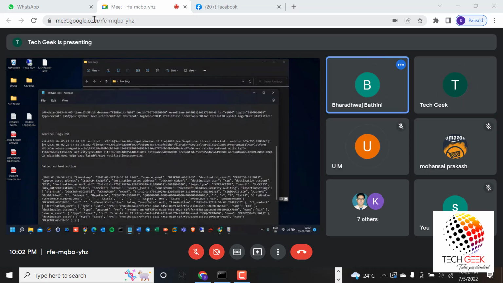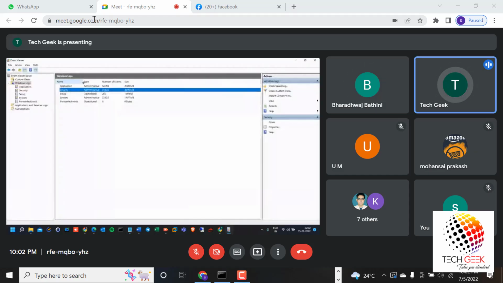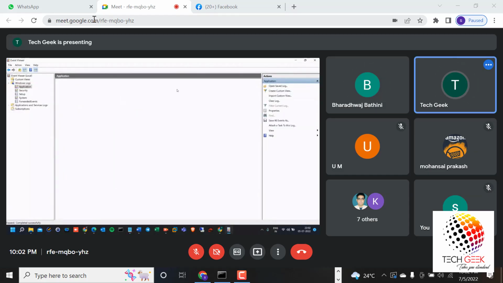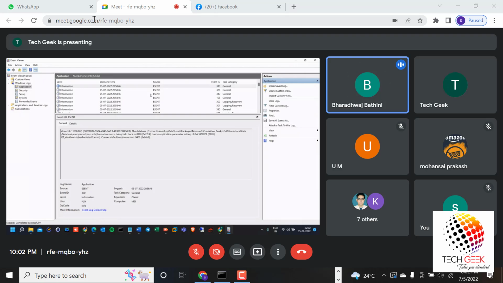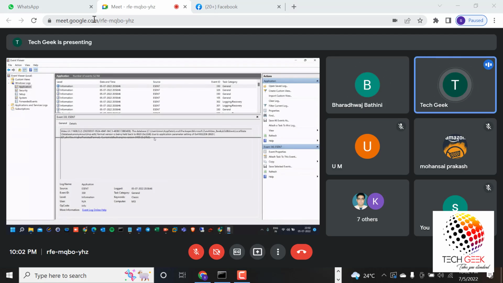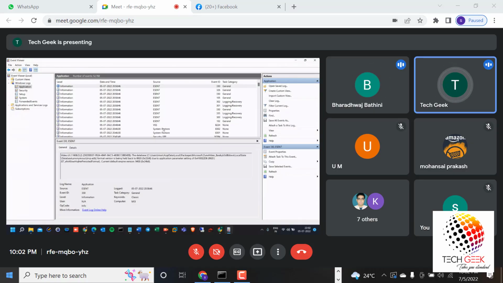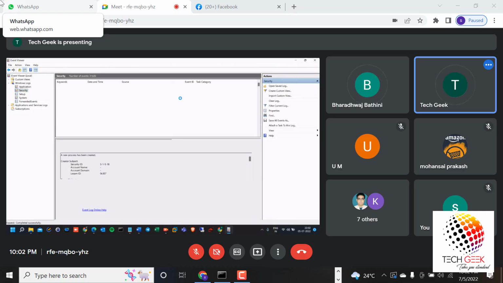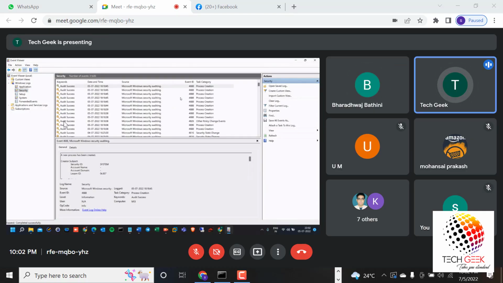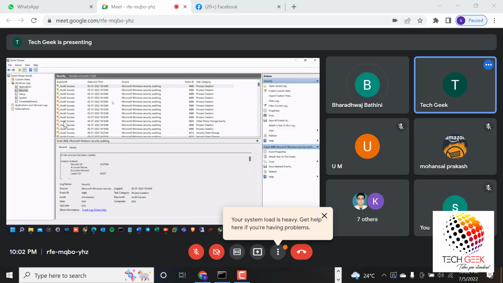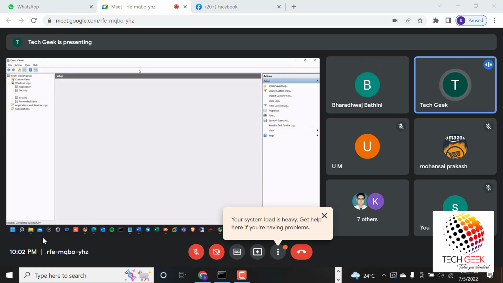Hello, I'm audible, right? Yes, sir, you are audible. So when it comes to Windows, for each and everything there will be a select source. Here it is showing like ESENT system resource. When it comes to security, it is showing Microsoft Windows Security Auditing. For each and everything there will be a source name.